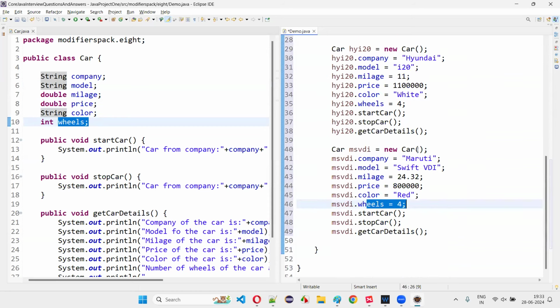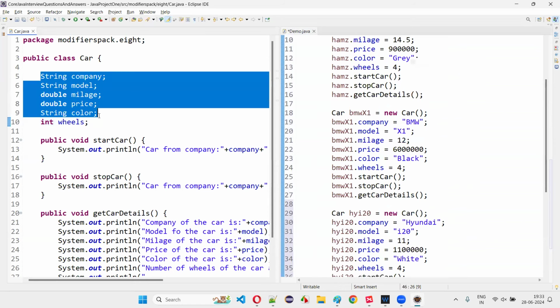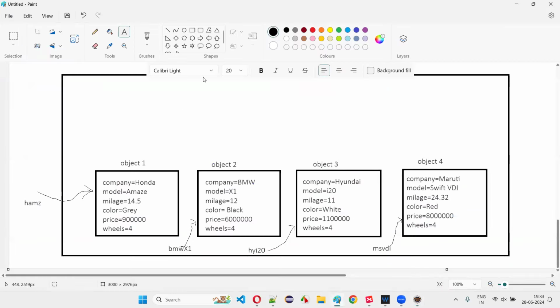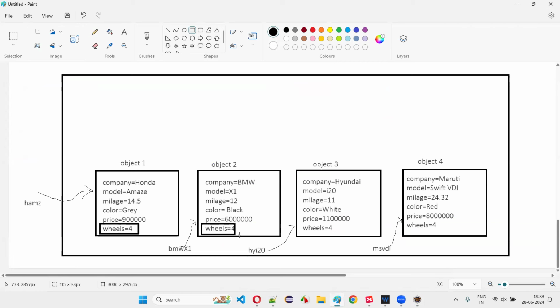Wheels is equal to 4. No matter what the other variable details are, they keep changing, but the wheels details are not changing, guys. So do you get a feeling like you are wasting memory here for the wheels? Every object you are storing the same value, wheels is equal to 4. Unnecessarily, you are wasting the computer memory here